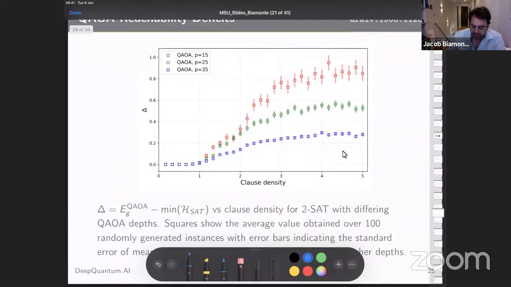And you can kind of see what's happening. The clause density is just M, the number of clauses, over N. And this is how good the approximation is. You'll notice that right where the easy-hard phase transition is expected from MIN-2-SAT, around when the graph of your problem becomes fully connected, the approximations start to get worse, and it behaves logistically according to the finite interval that we're observing. This we call a reachability deficit, and that's one of the findings.